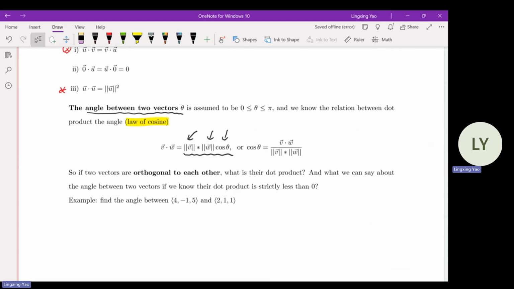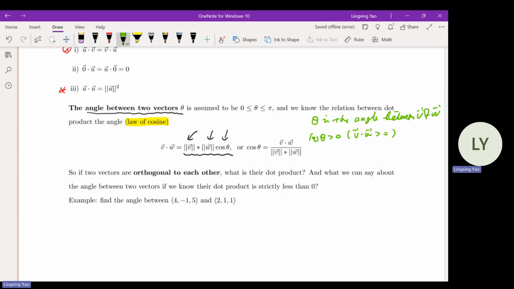Or another way to explain this is that the cosine of the angle between two vectors is indeed the dot product of those two vectors divided by the length of the first vector and then the length of the second vector. So this is very important geometrically because we can list a short discussion here. Theta is the angle between v and w. So obviously, if cosine theta is bigger than 0, which means the dot product